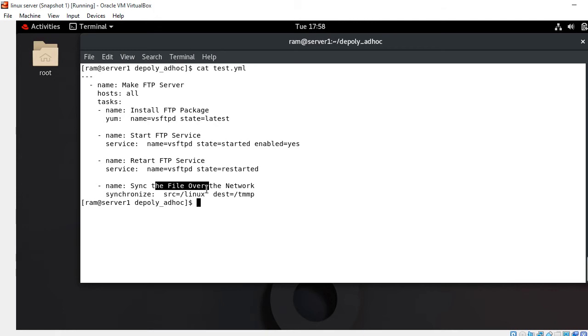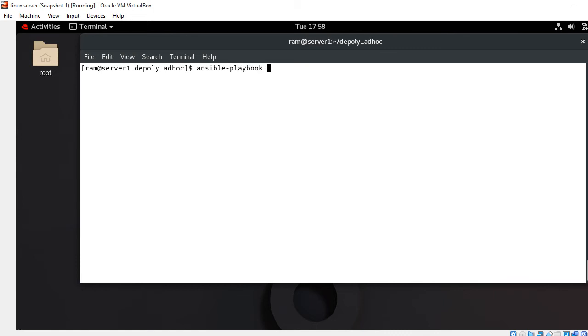So the first point is what will happen if I don't mention any tag attribute in this playbook and directly run it. But before running the playbook, do not forget to check the syntax error first. So for this I run the command ansible-playbook --syntax-check and my YAML file, that is test.yaml. It's great, there is no error. Now I'm going to run the playbook. So I'll simply run the command ansible-playbook and just mention the playbook name test.yaml.